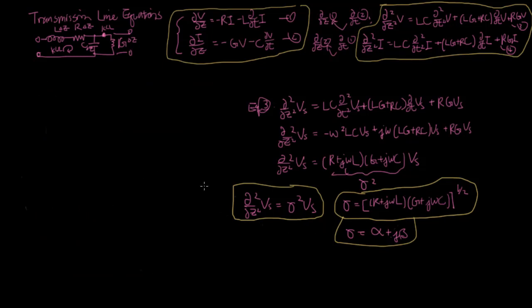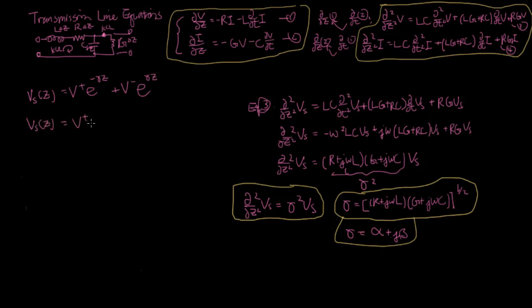So rewriting based on this result here, we can see that the total solution of the phasor with both positive and negative components will look like this: the positive traveling component is going to be e to the minus gamma z, and then the negative traveling wave component is going to be e to the plus gamma z. So if we rewrite gamma as just alpha plus j beta,